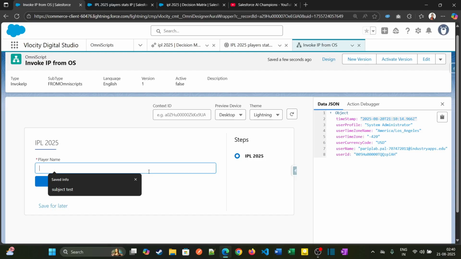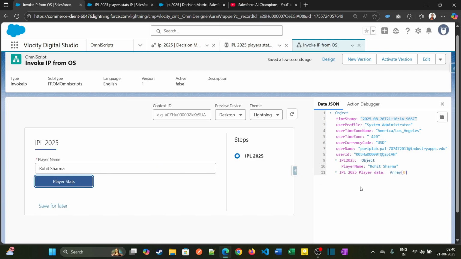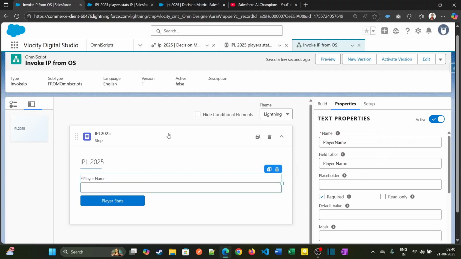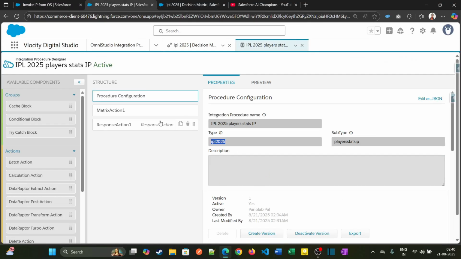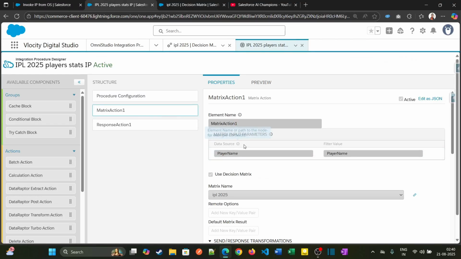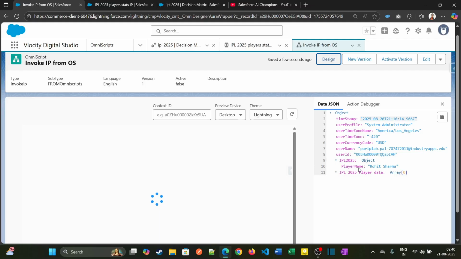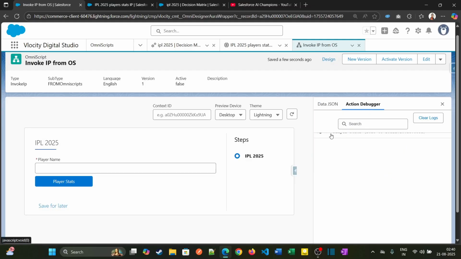So if I search for Rohit Sharma and click on player stats, I am not getting any data. Why? Since this is within a step element, but in the matrix action data source I am just passing the player name, right? But our data structure, I mean the JSON structure, is what matters. I'm just showing the JSON request data